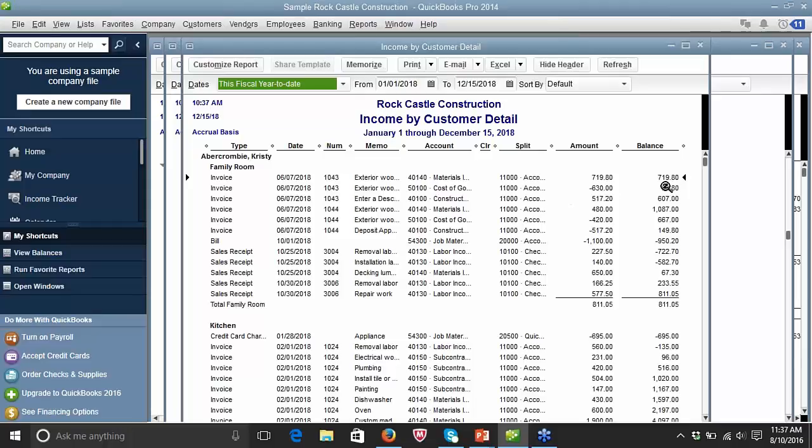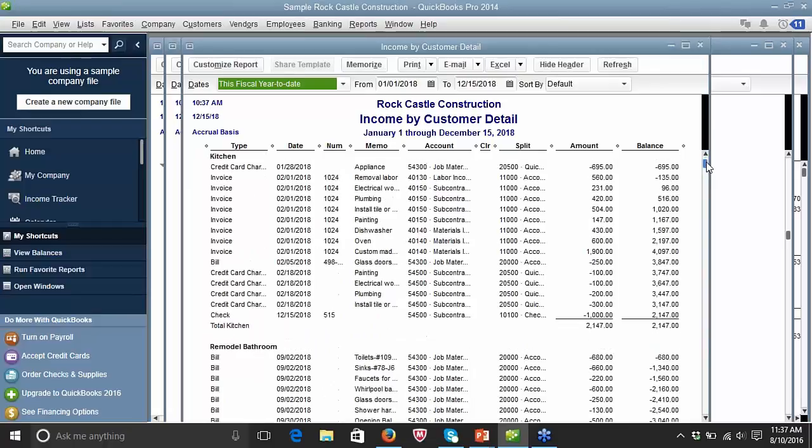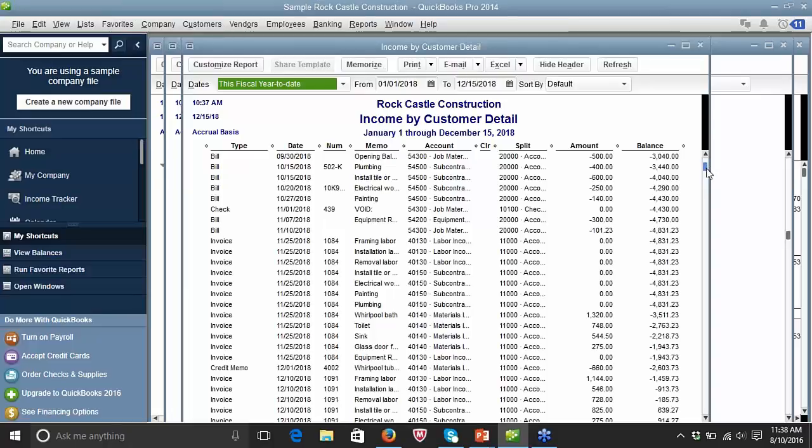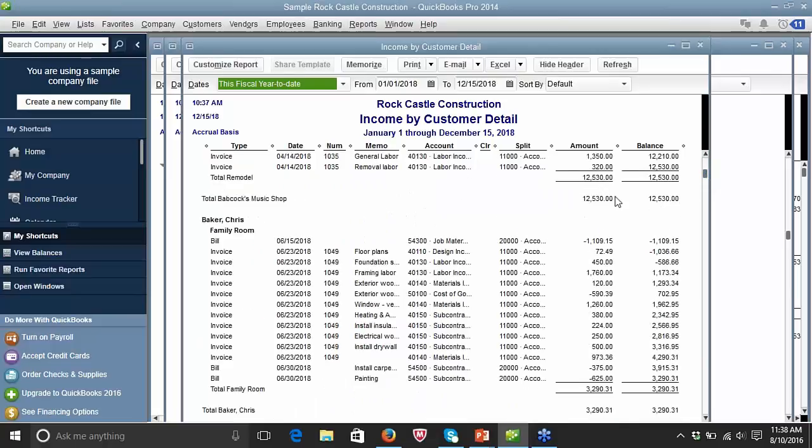So your customer detail helps you, as a manager, sit in the office and figure out where the changes are, figure out what customers are changing their order patterns, and then determine where you may want to send additional staff, either regional managers, district managers, or even yourself as the owner of a company, just to find out why there is a change and why the customer is changing behavior. So the income by customer detail can be a very powerful report for managing sales staff, and also for managing your income if you're seeing a fluctuation in income trends.